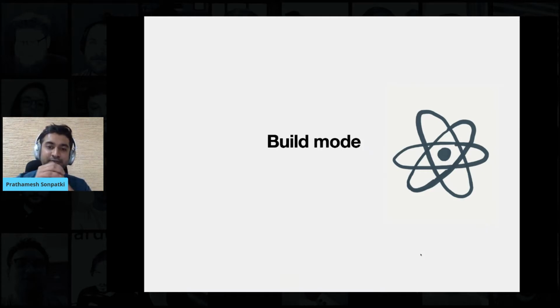Initially, for every startup, the first few months are always about building and learning from customers, building and learning from our hypothesis, and getting things together. So we are always in the build mode where we are building, shipping features, and we are in the ideation phase where we test our hypothesis with the real world. We ship our features and then get some feedback. Based on that, we change a few things, we fix a few things. So for the first few months, we are always in this build mode where we are always shipping something.